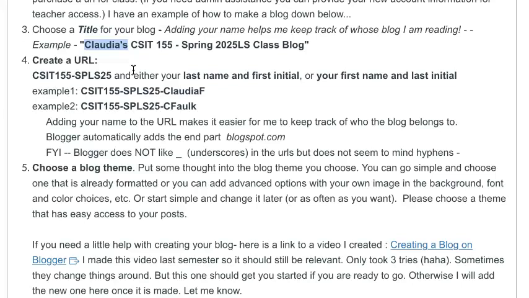Inevitably, most semesters they have one person that just copies this and pastes it up there. That's great, but I already have a bazillion blogs that I've made to make examples. So again, here we are making the URL. So your URL hopefully will look something like that. And then Blogger will add this part themselves. You don't have to do it.